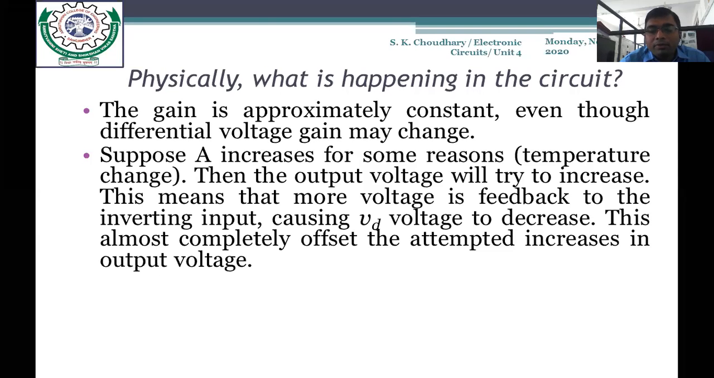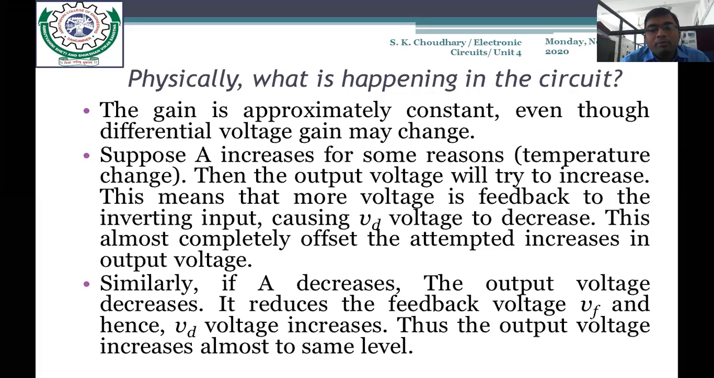So what is the benefit of the negative feedback here? Whatever the gain increase of the amplifier, it would increase the output voltage, but again the output voltage is fed back to the inverting terminal. Because of that, what happens? Again, it would be offsetting the increased value of the output voltage. In this way, it would be balancing the gain. Okay, so the gain is stabilized here,